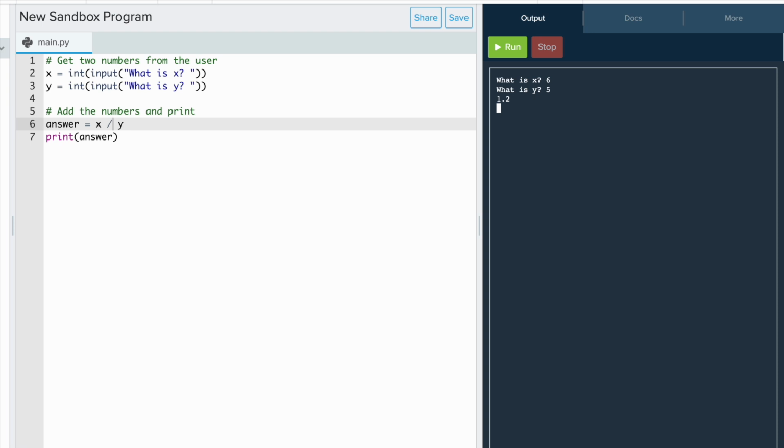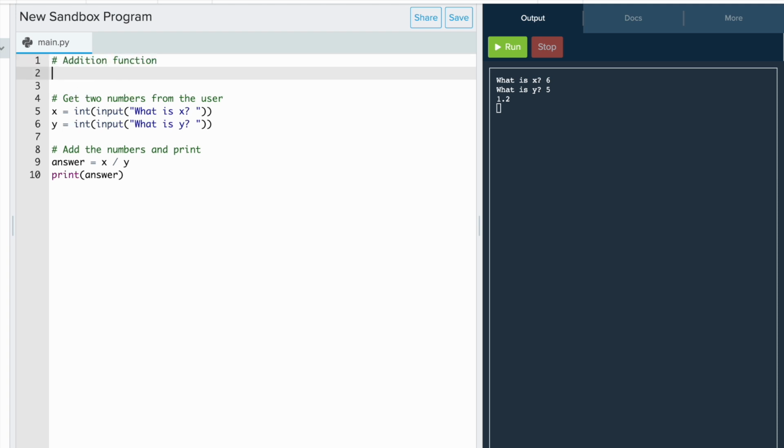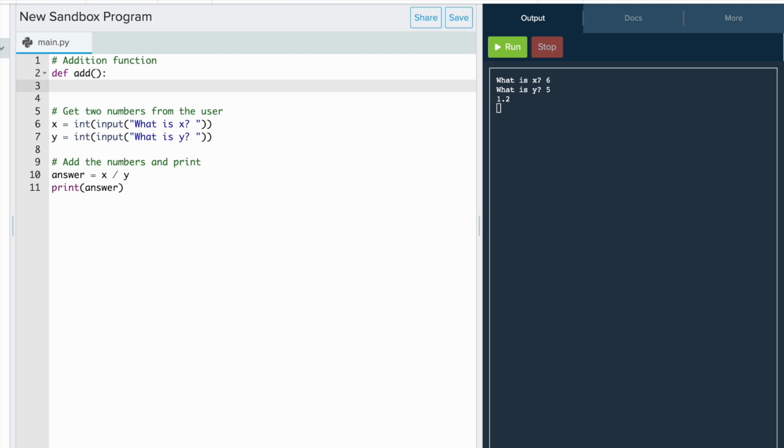Going back to something that we did a little bit earlier with functions, I think we can make this a little bit clever. So I'm going to create a function. First I'm going to do an addition function. So I need to use my def keyword, and this I'm just going to call add to keep it nice and simple. And I'm going to put my parentheses and my colon. So what do I want it to do? Well, it's going to do a sum, yeah. So it needs to be something like